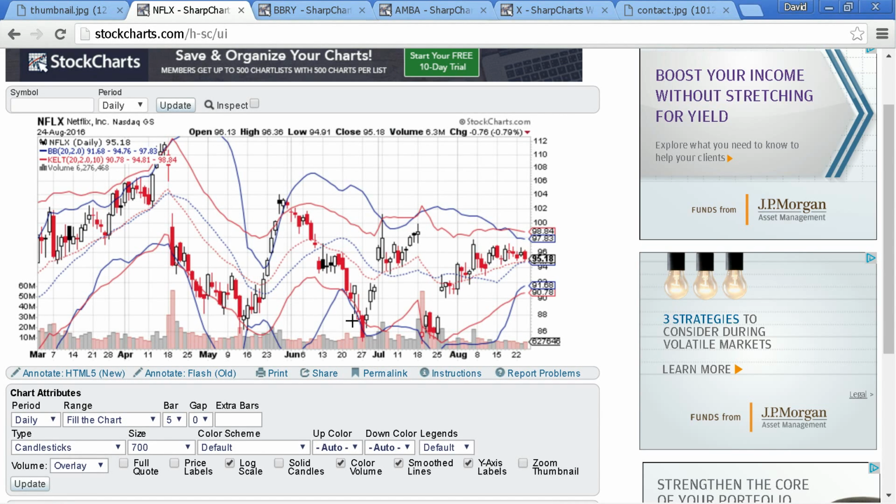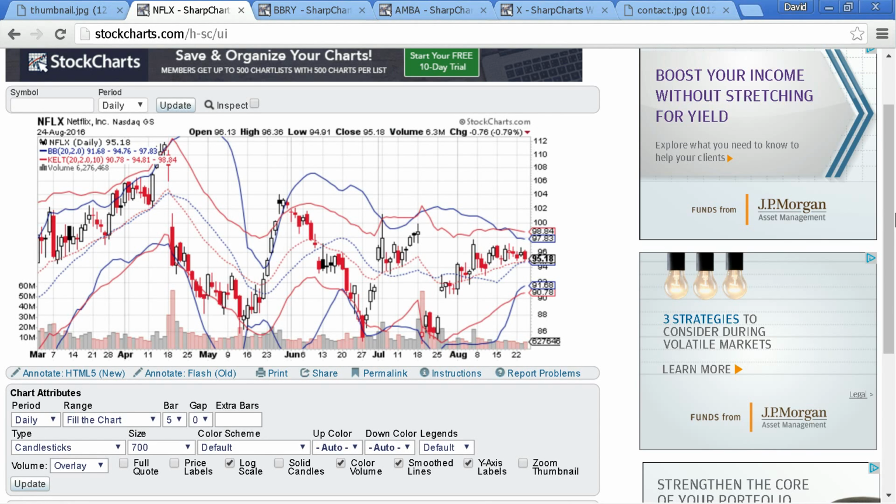Keltner channels are more subdued in terms of how wide they get. I don't know if you can see it because there's a lot going on here, but if you just focus your eyes on the red lines, which are the Keltner channels, you can see that they don't expand and contract all that much compared to the Bollinger Bands. So you get a very subdued reading as far as volatility goes, compared to the Bollinger Bands, where you can see the expansion and the contraction very clearly.